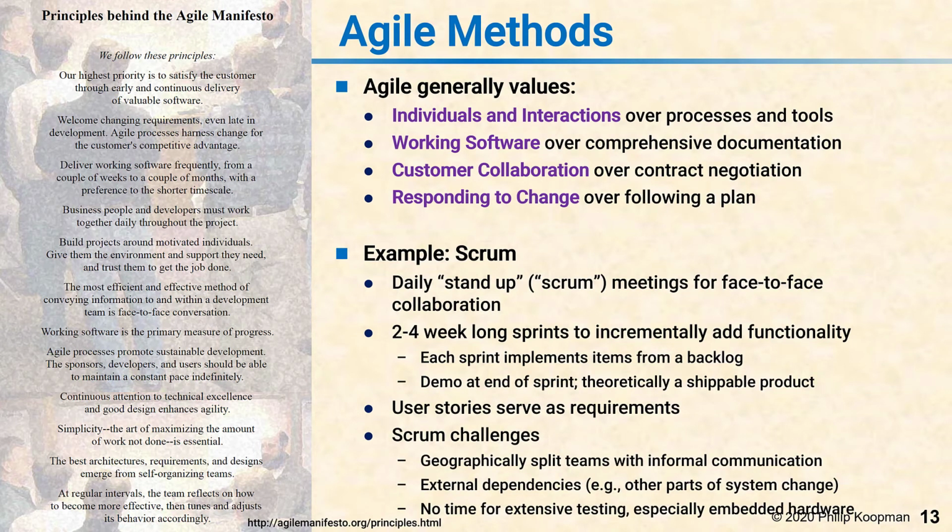Challenges I've seen in Agile approaches include if you have a geographically split team, especially in different time zones, it can make it difficult to do informal communications. This is typically resolved by having one team in each time zone or one team in each location and somehow coordinating across the teams. If there are external dependencies, such as another part of a system changes, this can also cause a problem